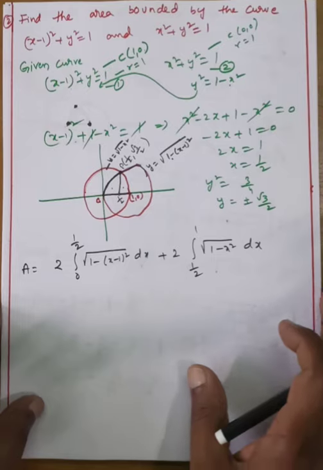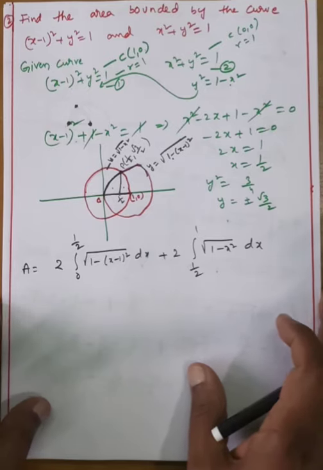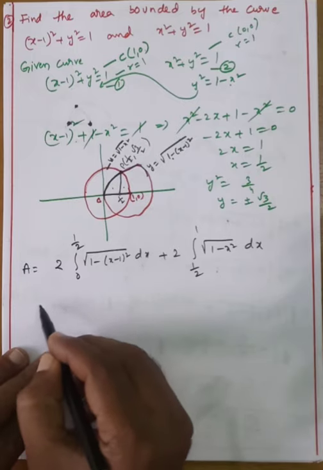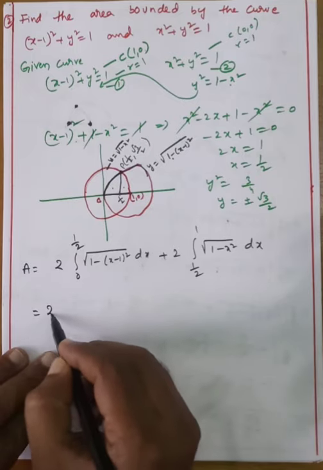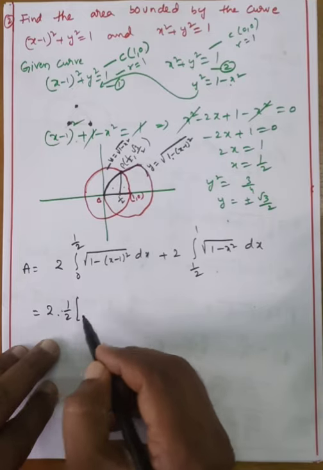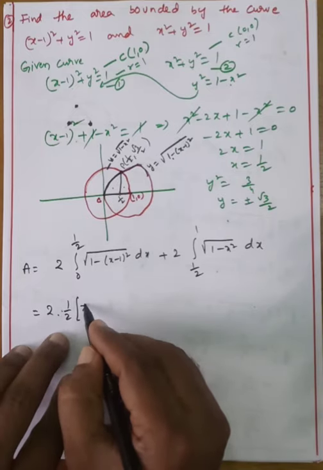I hope that you understood or not. Yes. Okay, my dear students, now what is the formula going on? Here, 2 into root over a square minus x square formula, 1 by 2 into x